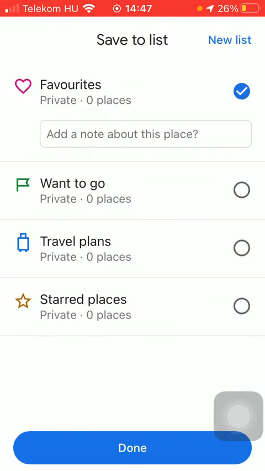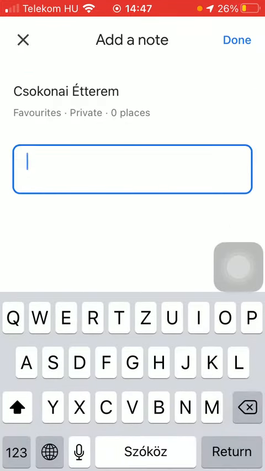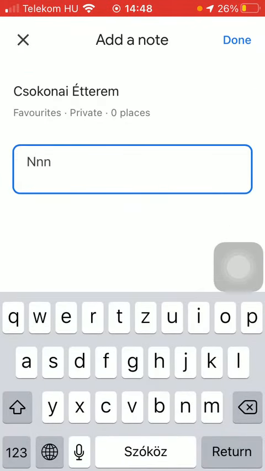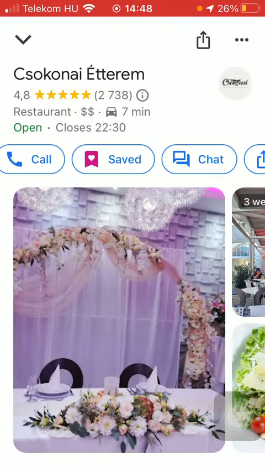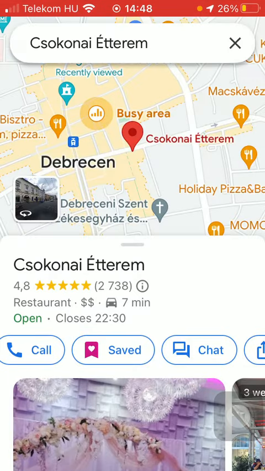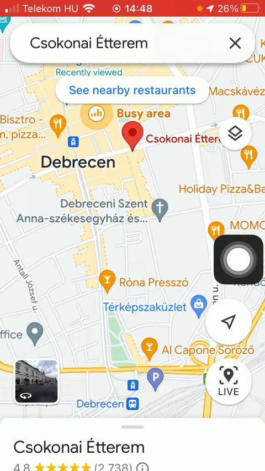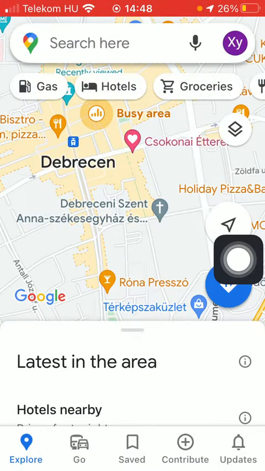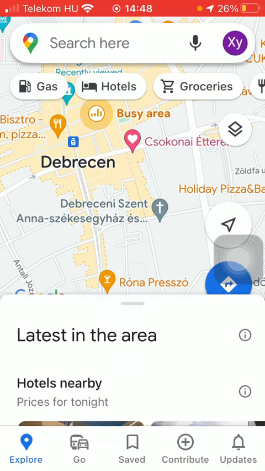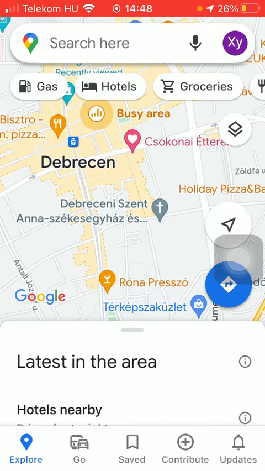So tap on the relevant one, and you can even add a note about this place by tapping on this bar and type in whatever you would like. Press the button done in the upper right corner of the screen, and as you can see you have added it to your favorites. So if you go back to this home page, you are going to see